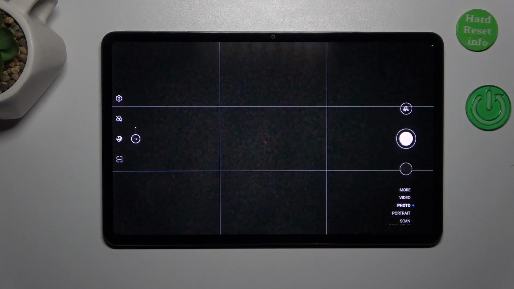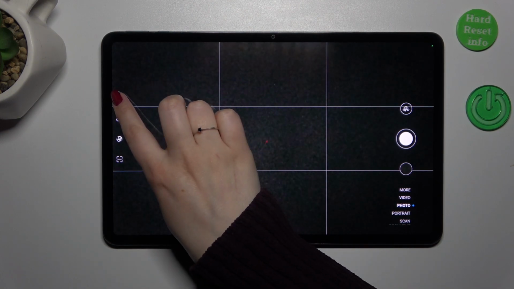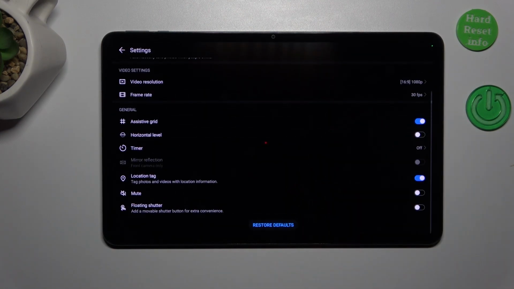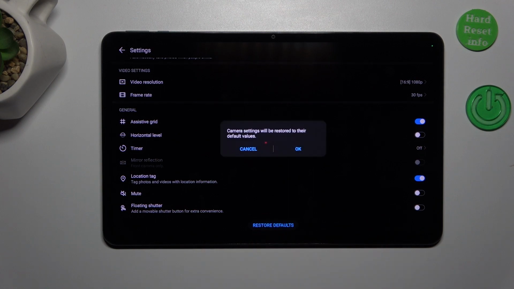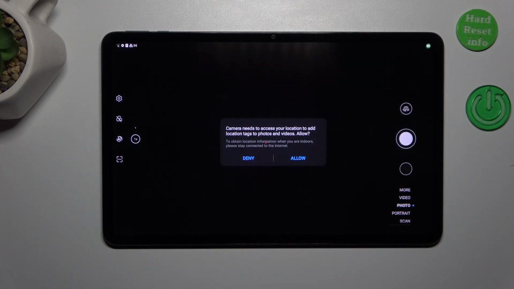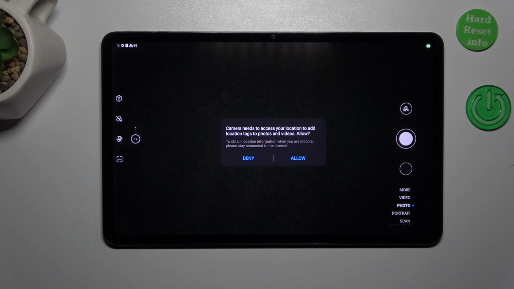So let's start with entering the settings. They are right there, so let's tap, then scroll down to the very bottom and tap on Restore Defaults. Then tap on OK. As you can see, we just got back to the camera, and here we've got the